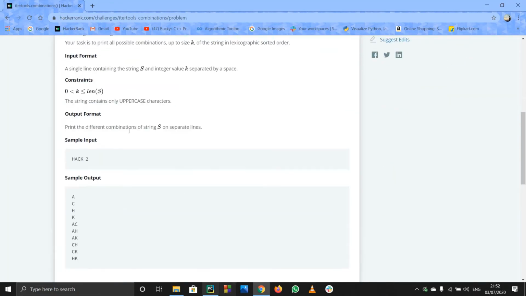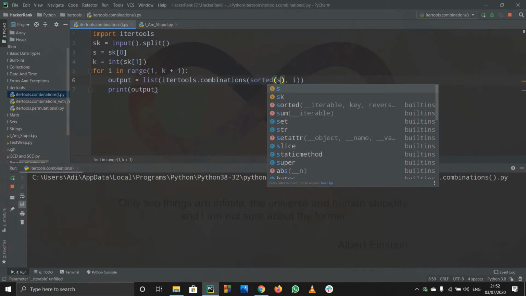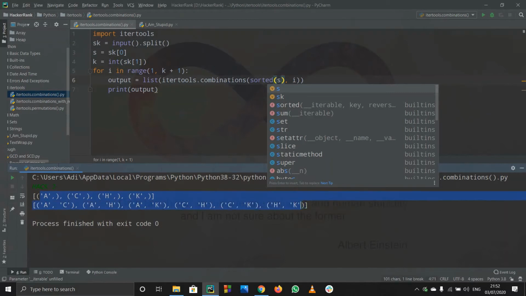I have to sort it first. So instead of sorting it first, what I'll do, I'll simply write sorted s now, so that it will start from A basically. So hack of 2 now will be AC. So it is sorted and all. So now I want to print it out on the same line. Not on the same line actually. A will be on one line, C will be on the next line, up to k it will be on the next line, but over here A and C should be on the same line, A and H should be on the same line.